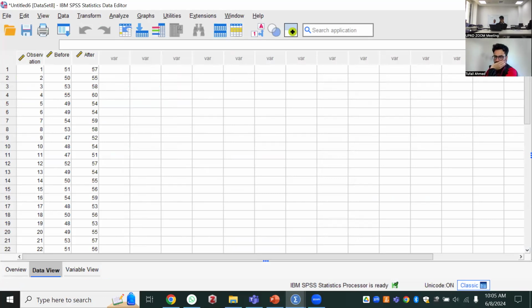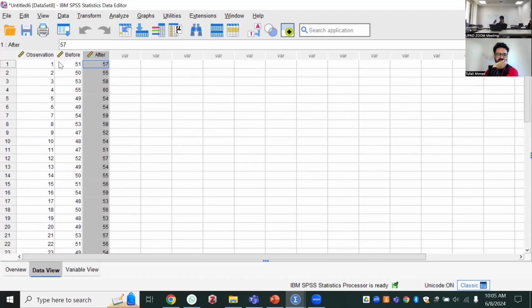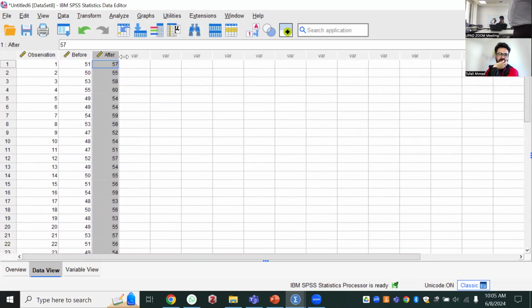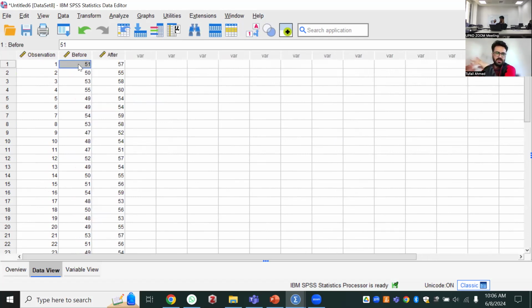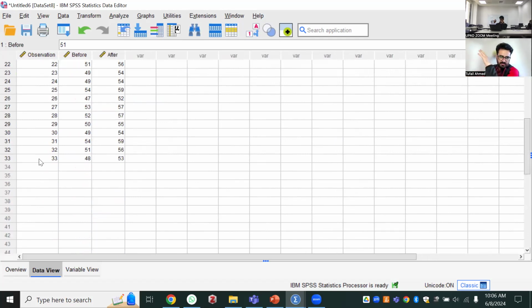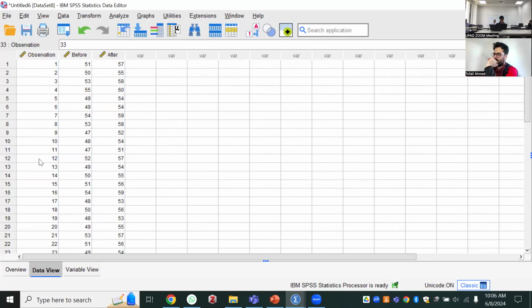By the way, Tufail, can you please explain the numbers I see before you improved something in the bicycle infrastructure in Belgium, and after that? What is 51 and what is 57? This is the bicycle count. There were multiple observations, like 33 different observations at different time periods of the day, and there was a bicycle path that was going to be improved. This is basically count data: how many bicycles are used at a specific time period.